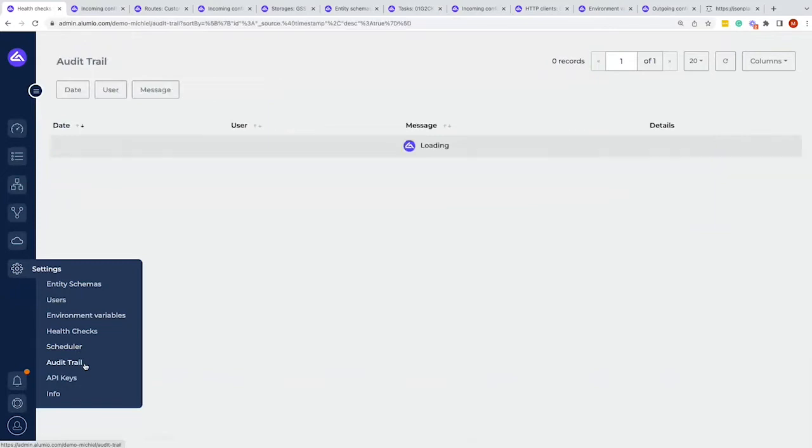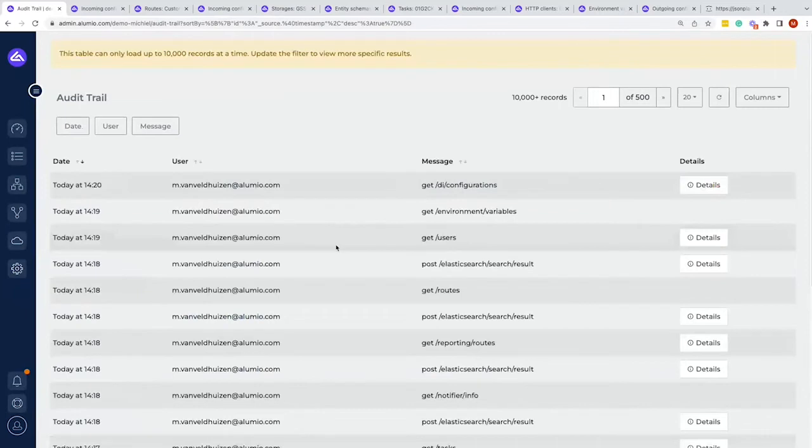Then we also have the audit trail, which was not mentioned yet, which shows which user was active at which moment, and which kind of handling they did, to keep track of where which user was. And maybe if something is broken or something was added by a certain user, you can check what happened where